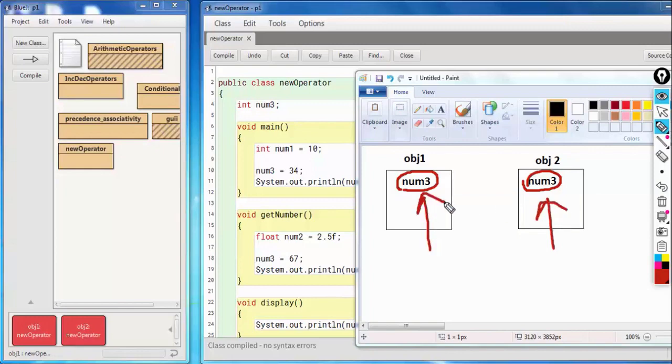Okay, both of them are independent and separate from each other, because each object has its own copy of the instance variable. This point you should stick to your brain, that each object has its own copy of the instance variable, and that is the reason why,